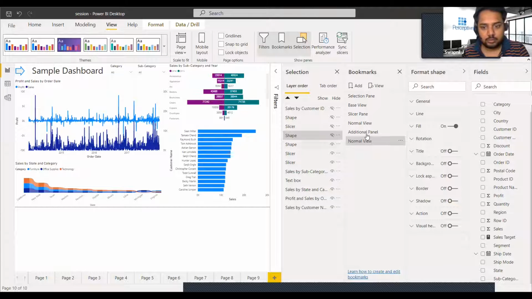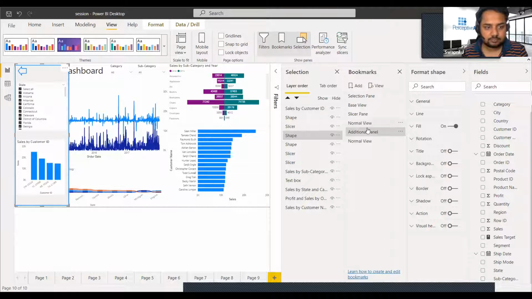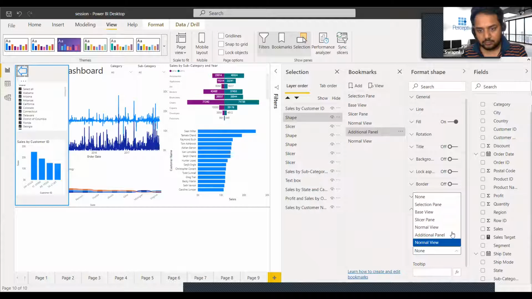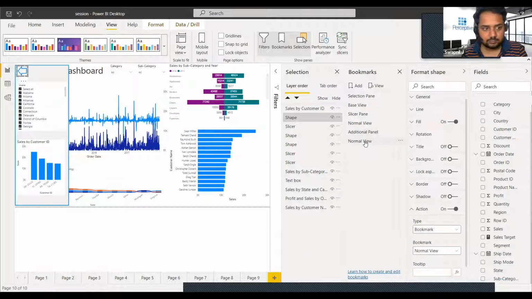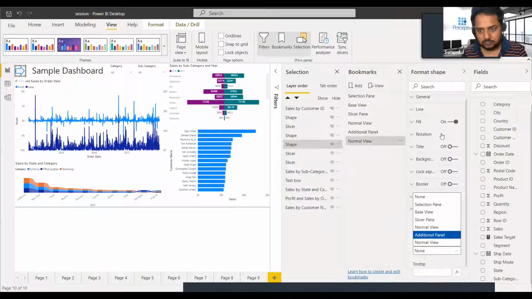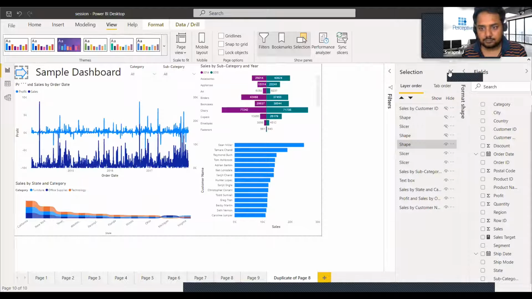Now what we need to do is we go here and direction. Yeah, now it's done.